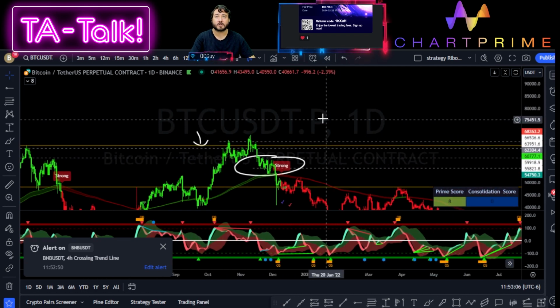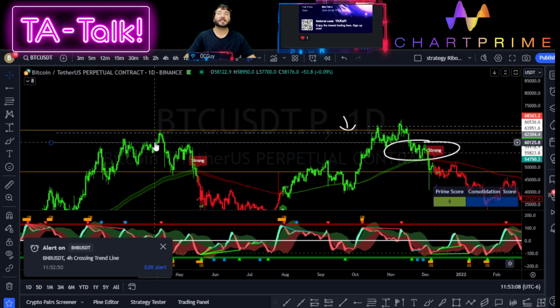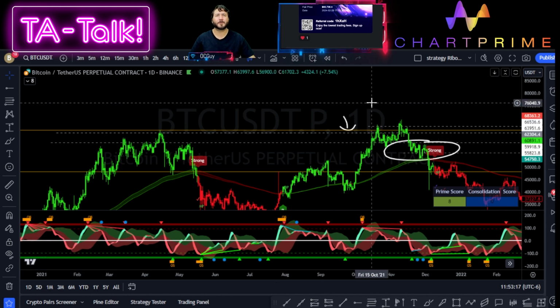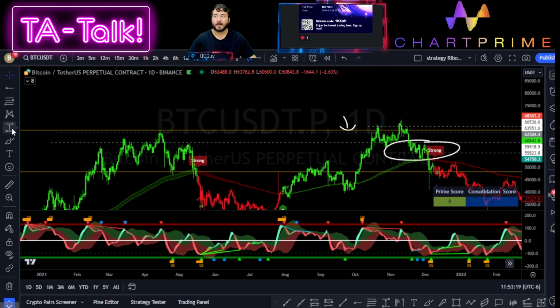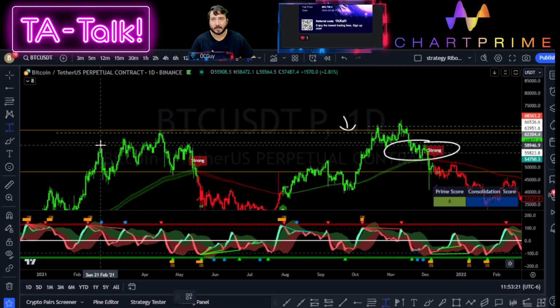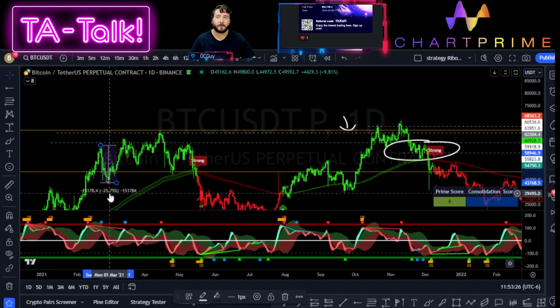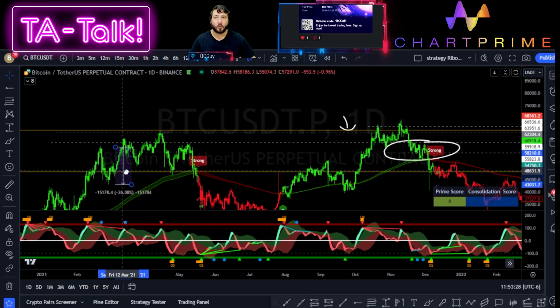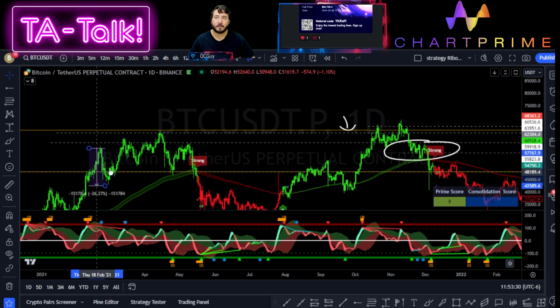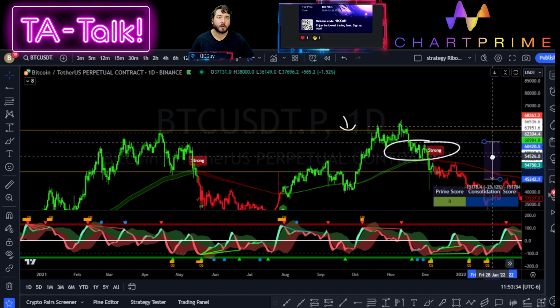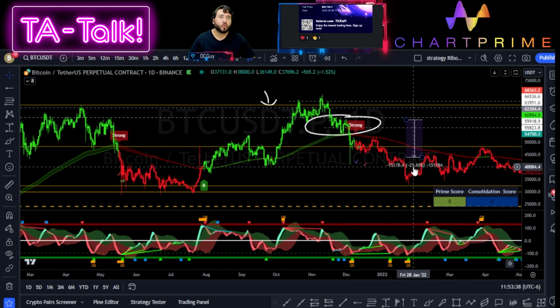The first thing I need to start measuring is a standard measure by proportion. By the way, BNB just hit alert. We're going to see that in a second. Love when we have alerts on live. All right, guys, this is going to be important. Look at this. I'm going to measure, for example, this movement, it says that it's negative 25%. What if I just, without moving it from side to side, look at that. It was very close to this trend line. I put it all the way here and change it 25%